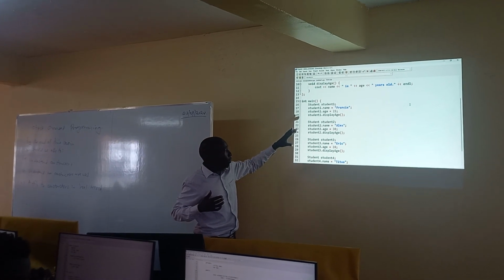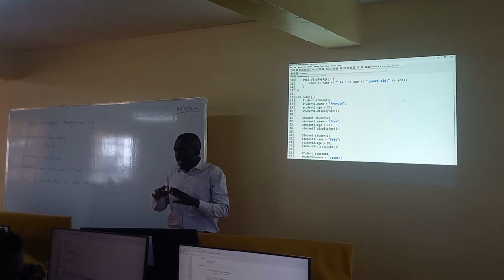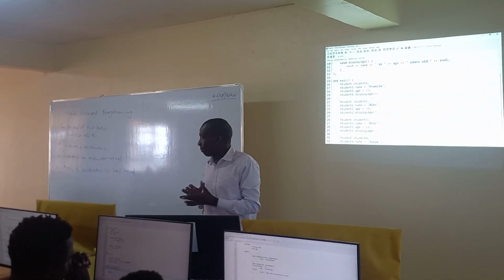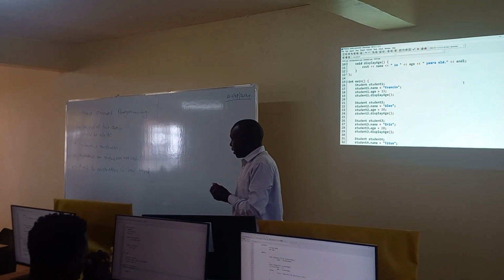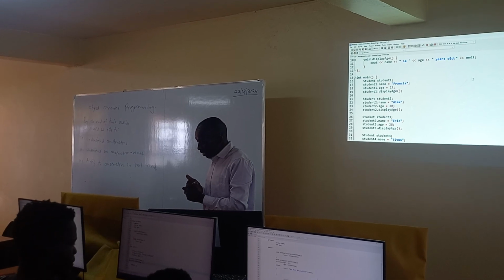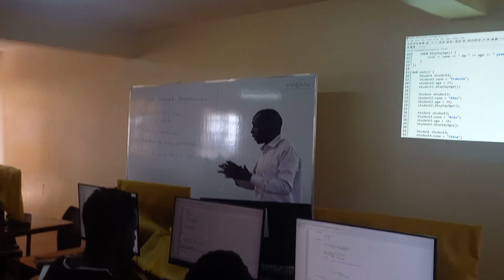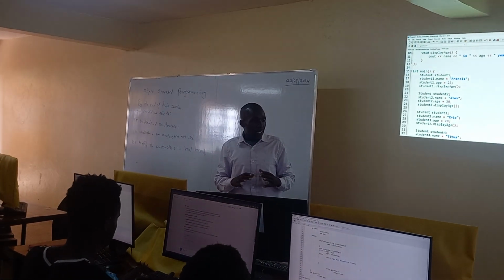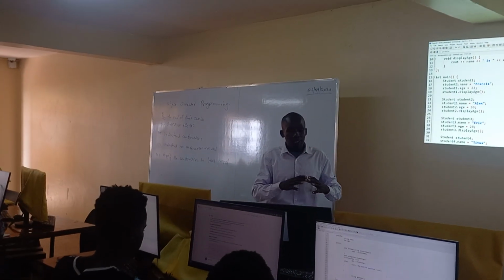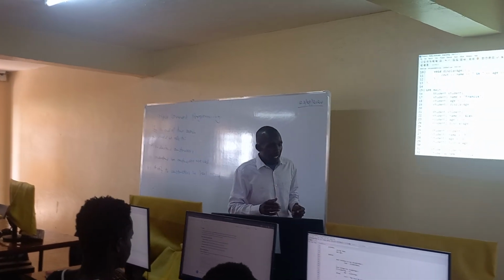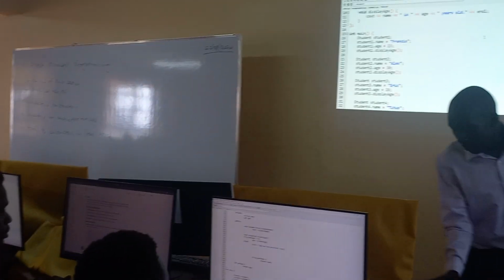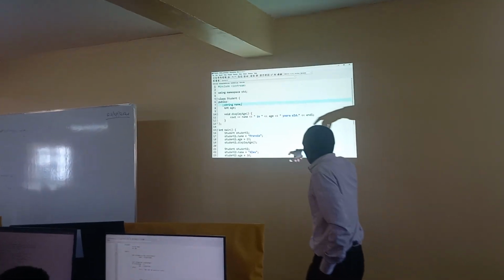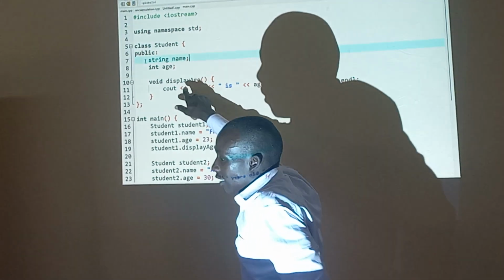Okay? Now, the concept of a constructor at this level of knowledge is where, first of all, a constructor is a special method. Last time we agreed that a method in C++ is a function inside a class, right? If you see this program, here we have two methods, one method to display age, right?